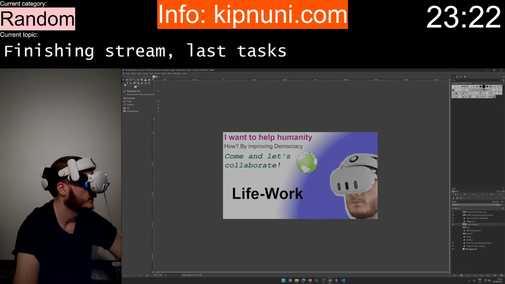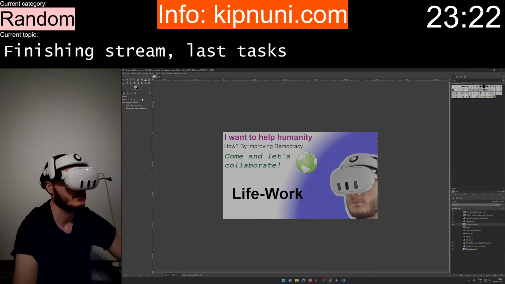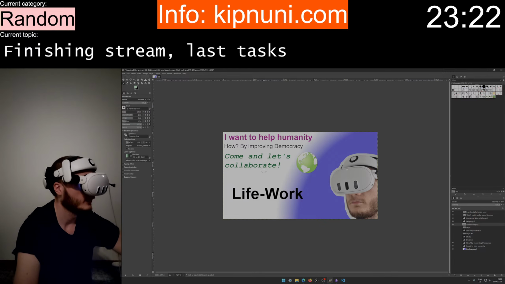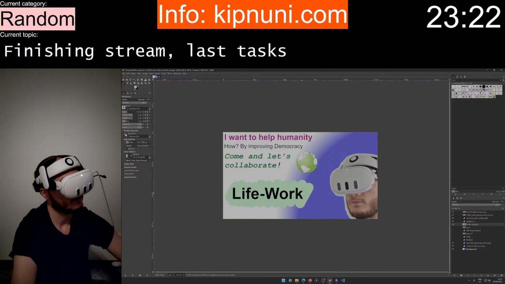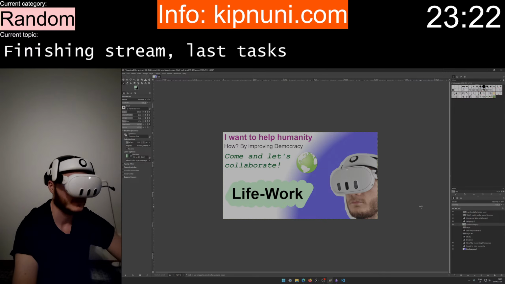What shortcut is it? P. That's annoying. Let's make bigger brush. Yeah, that works.